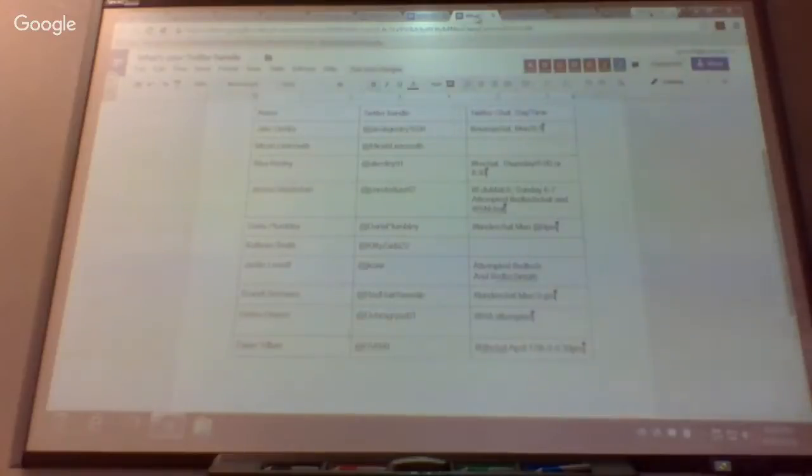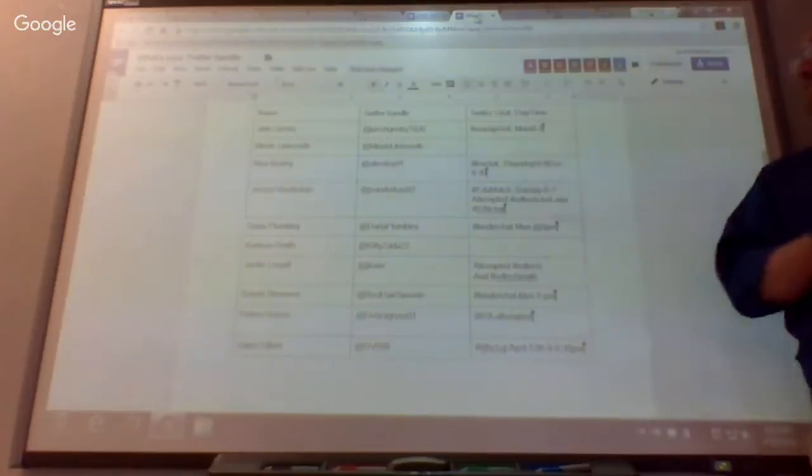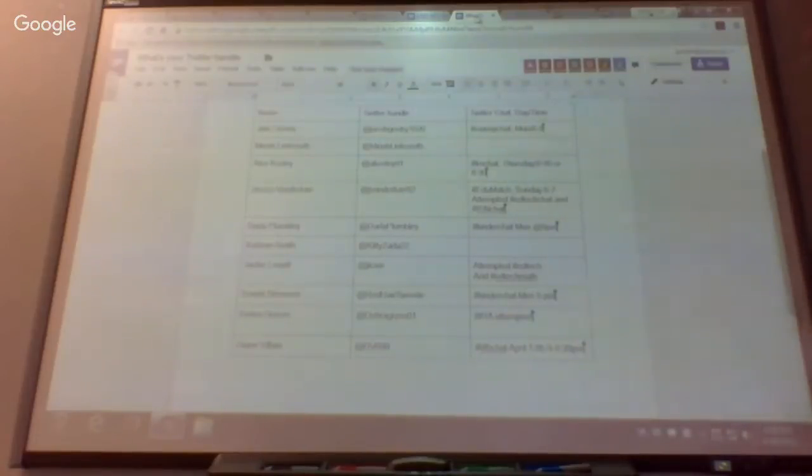Any comments or questions about Twitter or Twitter chats? Okay. Here's the nice thing. When you find a Twitter chat that hits you right where you're at, you get addicted. And even if you can only scroll back through it later on, you don't ever want to leave that community. So hopefully it was a good experience, and if not, we'll see if we can't clear up some of the bugs. Going back to our agenda,